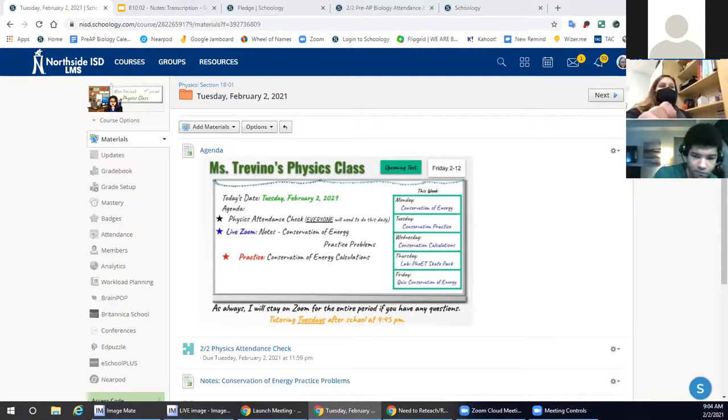Today we are going to be doing some practice problems on the law of conservation of energy. So I showed you the formula yesterday. Yes, it is very long, but it's easy to use. It's just going to be time consuming. So right now we're going to go over 3 practice problems, and then you're going to do your assignment for